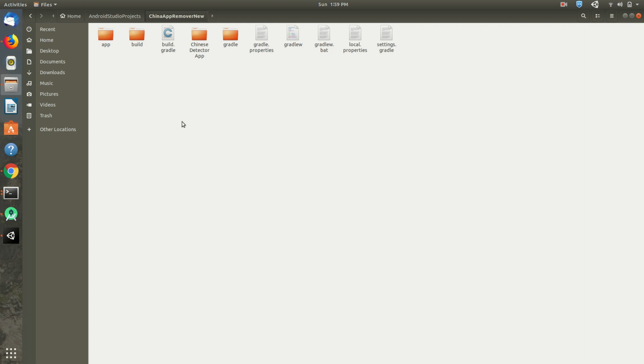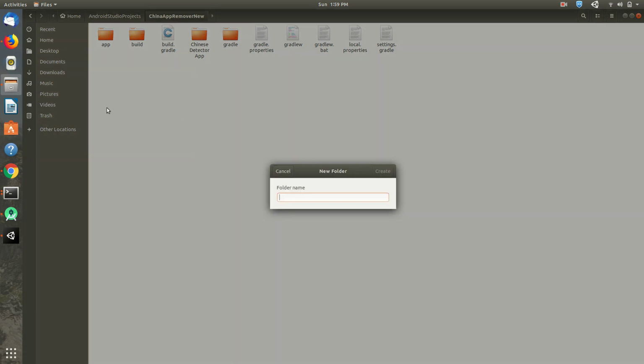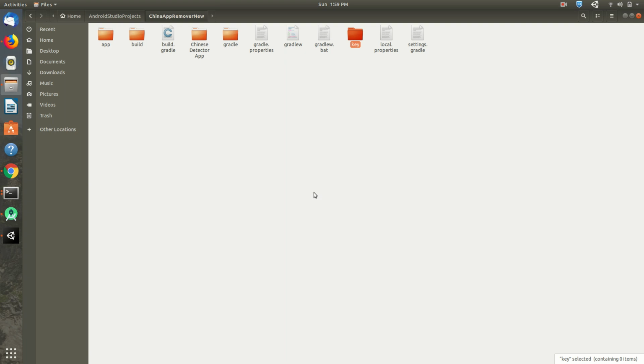Now just create a folder and give it some name, like key. Now from here select the folder, the folder key.